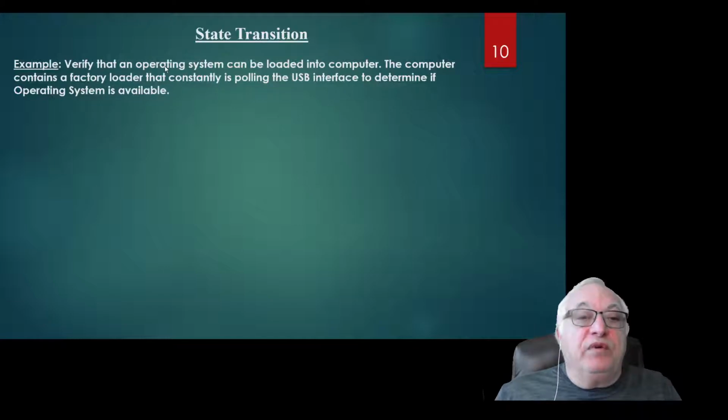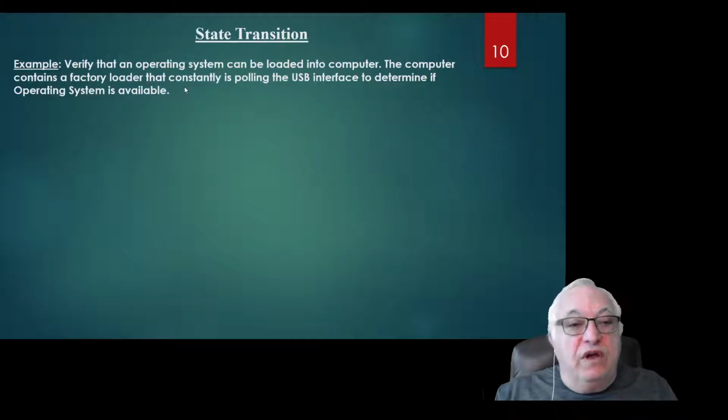Verify that an operating system can be loaded into the computer. The computer contains a factory loader that is constantly polling the USB interface to determine if an operating system is available. So basically what you have is a new computer that you get from the factory, and it does not have an operating system. It has only a little bootloader, and what that bootloader does is constantly